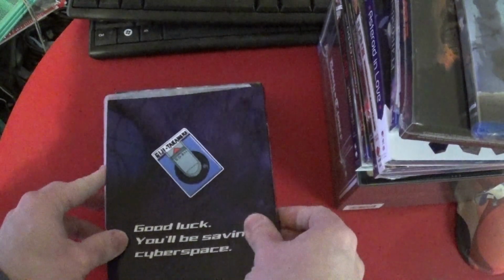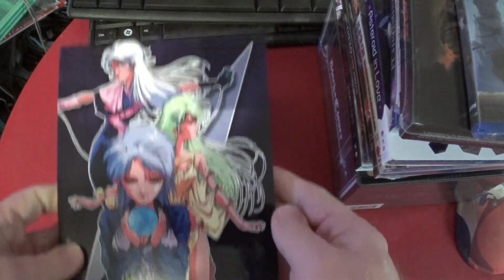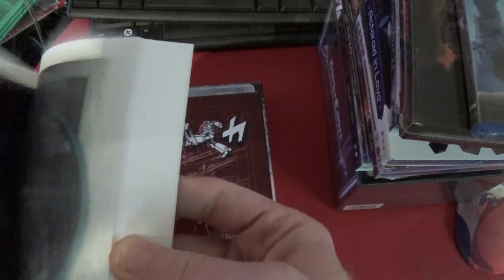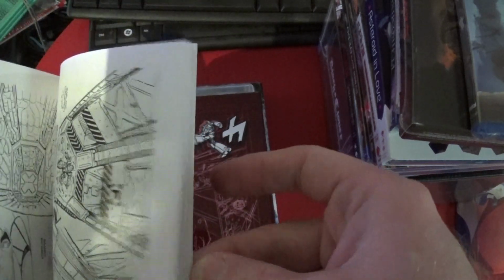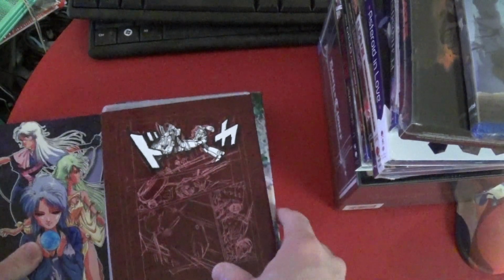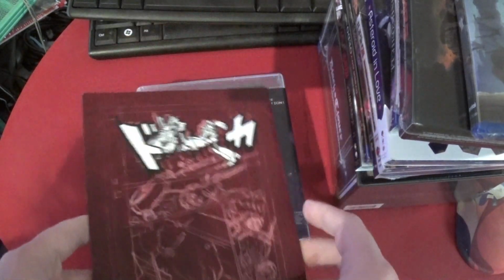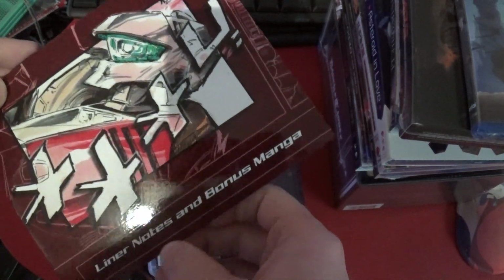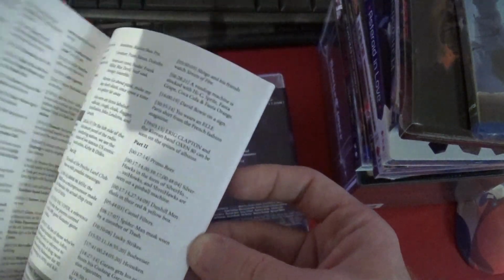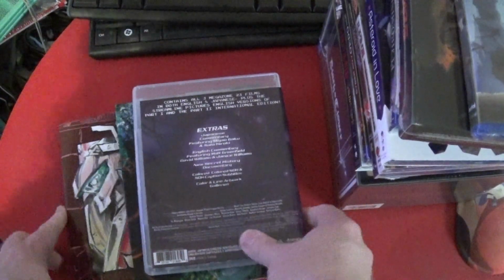Okay, let's turn this upside down so you'll be saving cyberspace. Okay, I was wondering if this was a manga or a booklet, but it's a booklet with a lot of drawings and keyframes, planning sort of stuff. There's liner notes and there's a bonus manga. Cool. And then we've got